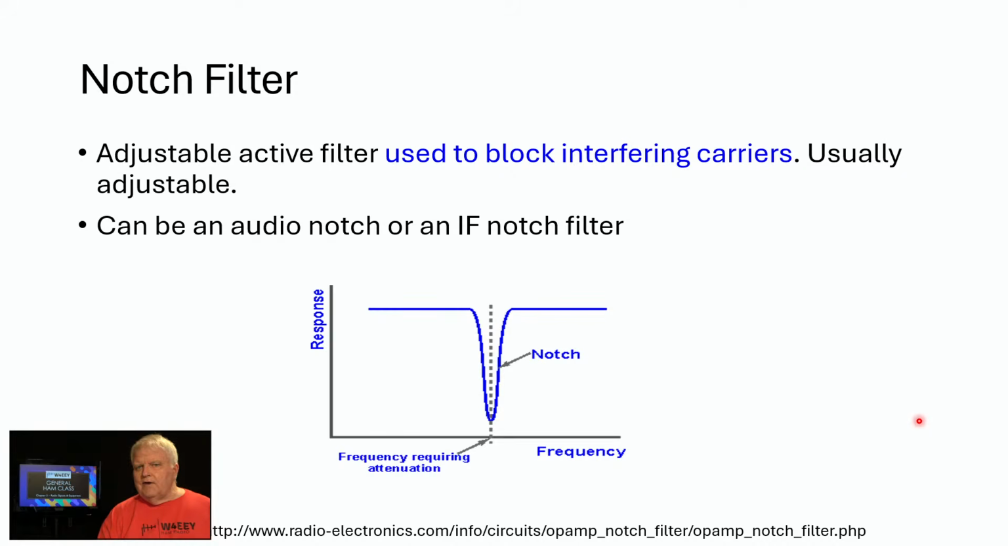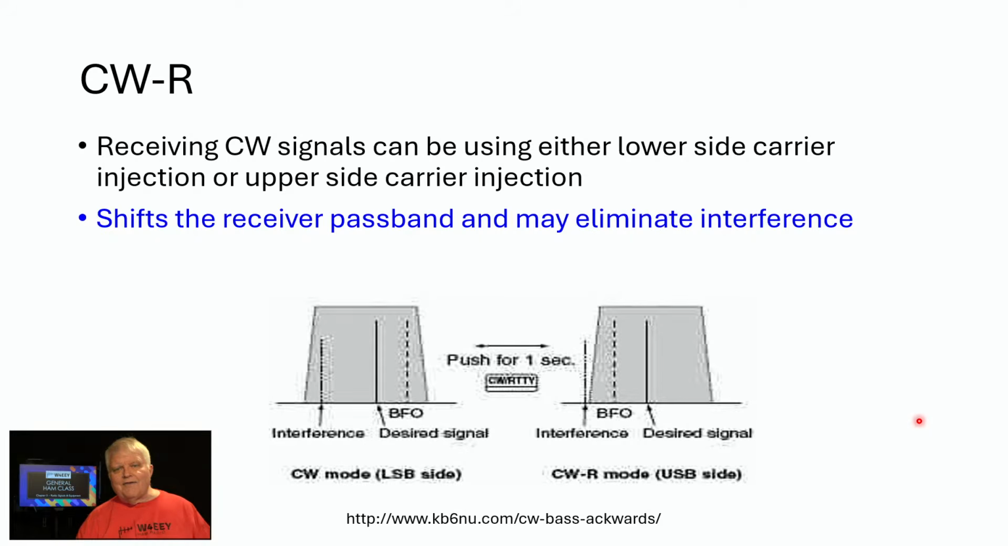If you're going to be listening to Morse code signals and you have an interference problem from a nearby signal, there may be a button on your radio that is called CW reverse. And what it does is flip where the beat frequency oscillator is. Either the beat frequency oscillator can be above the desired signal, or it could be set to reverse to be